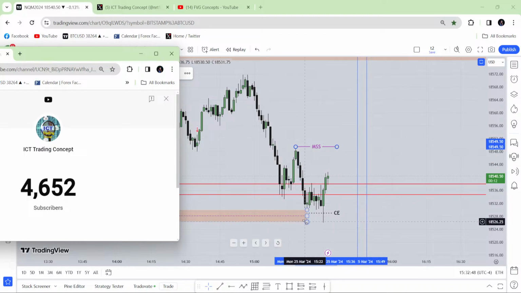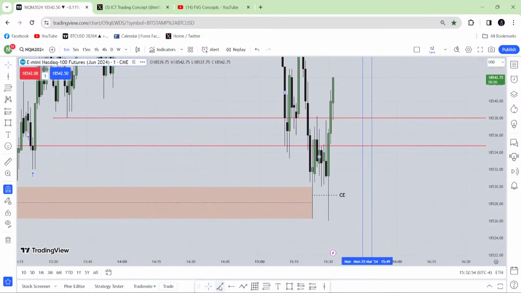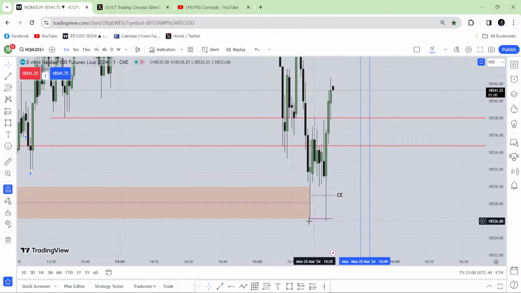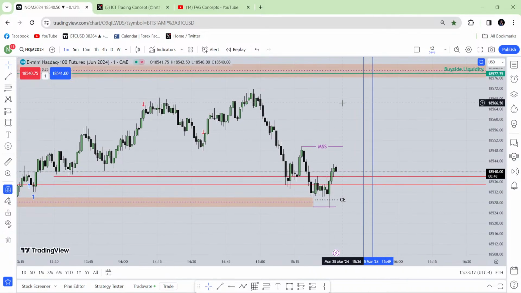Is it that relatively equal lows? Let's check it. I believe the market has taken the liquidity. Okay, I'm going to mark it and show it to you. See, the market has taken the liquidity. So this is not relatively equal lows. But brother, you told us this is the obvious liquidity. Yeah, it's obvious liquidity when you are looking for sell, then you will go for that. Right now I'm looking for buy. I don't care about that. Simple.